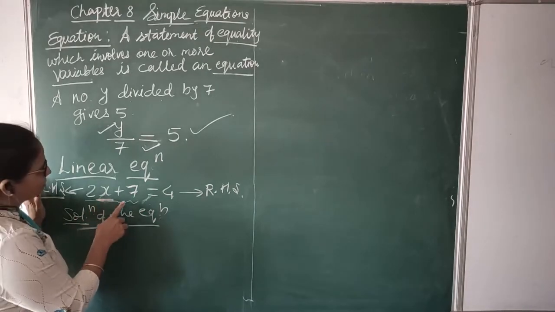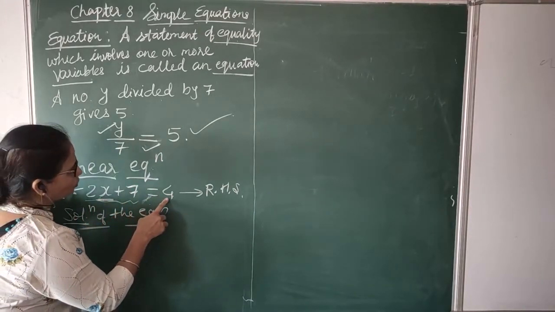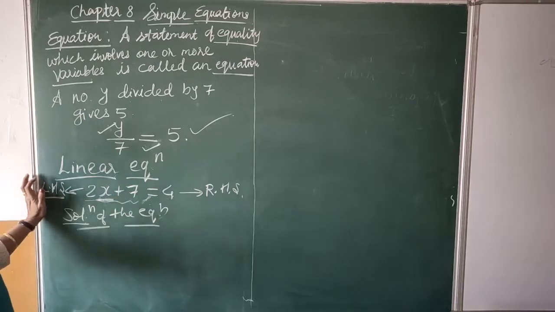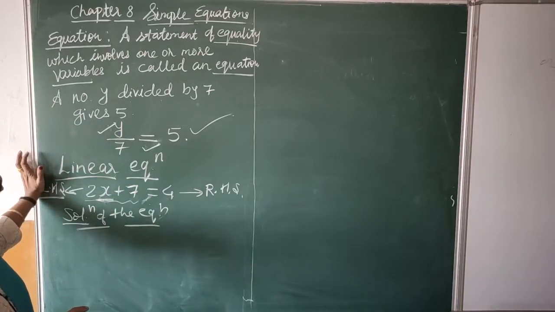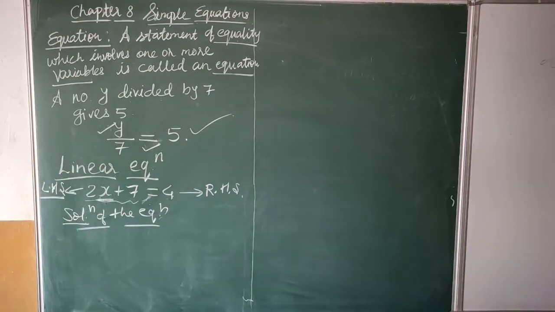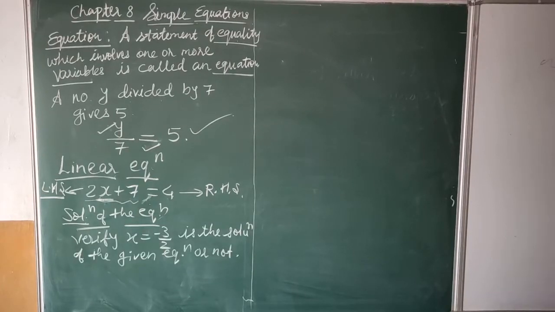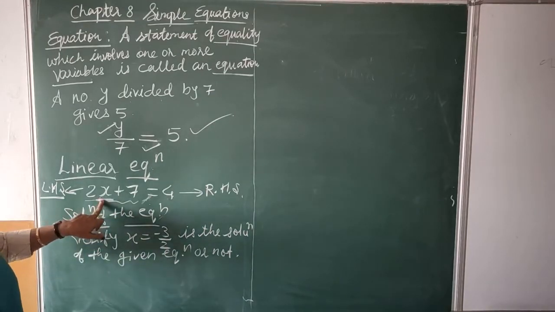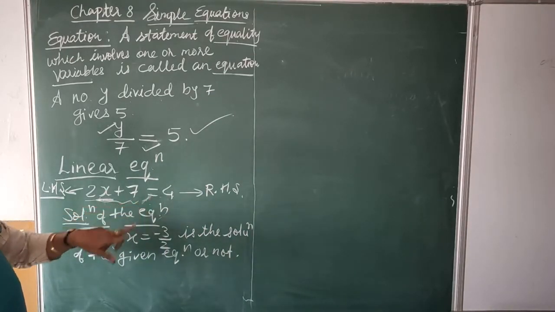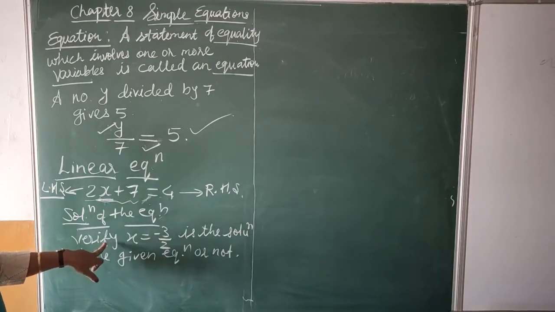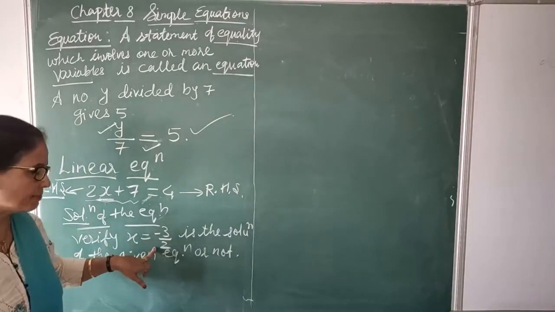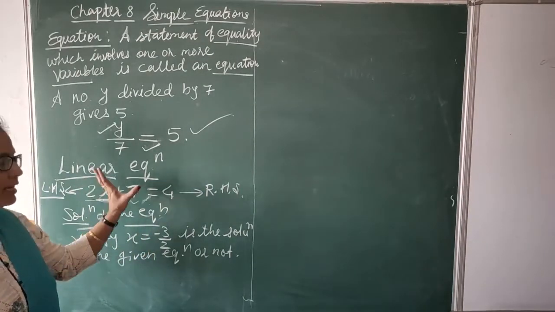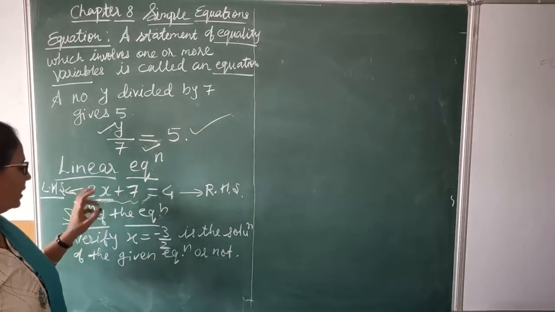See children, here I have written one example. 2x plus 7 is equal to 4. Now you have to verify what is the value of the x. Okay, let's see what is meant by solution of the equation. Here this is the example I am taking. 2x plus 7 is equal to 4. Here you have to verify that if x is equal to, you will put minus 3 by 2, are you getting both the hands equal or not? Solution means if the value of this